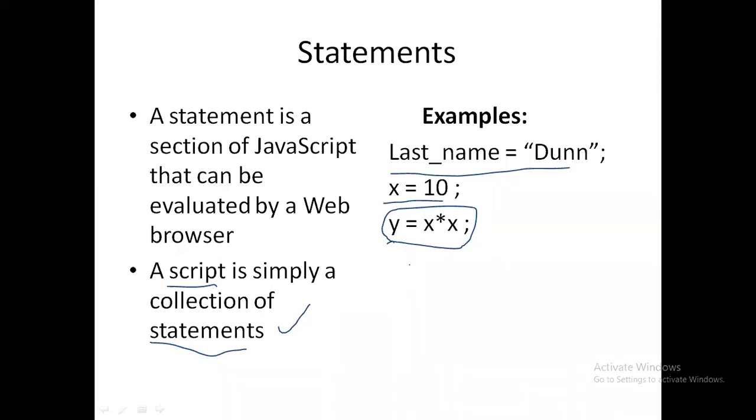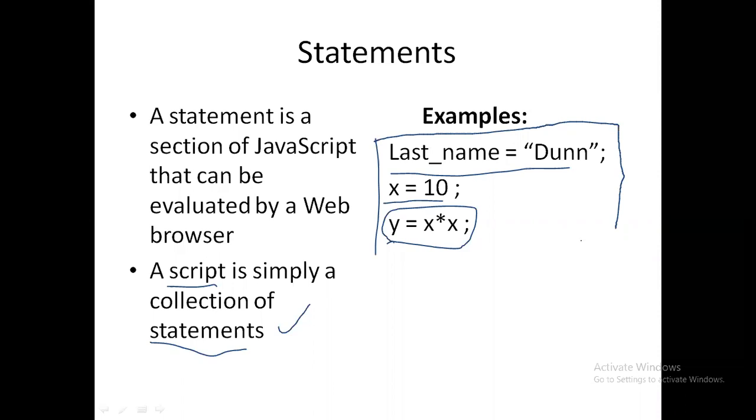When I'm writing these statements all together, everything in one place, then we call this scripting, because we are using JavaScript and it is evaluated by the web browser. So we are going to execute our program. Till now, whatever programs we learned in the first two units, we have executed all the programs on the web browser.